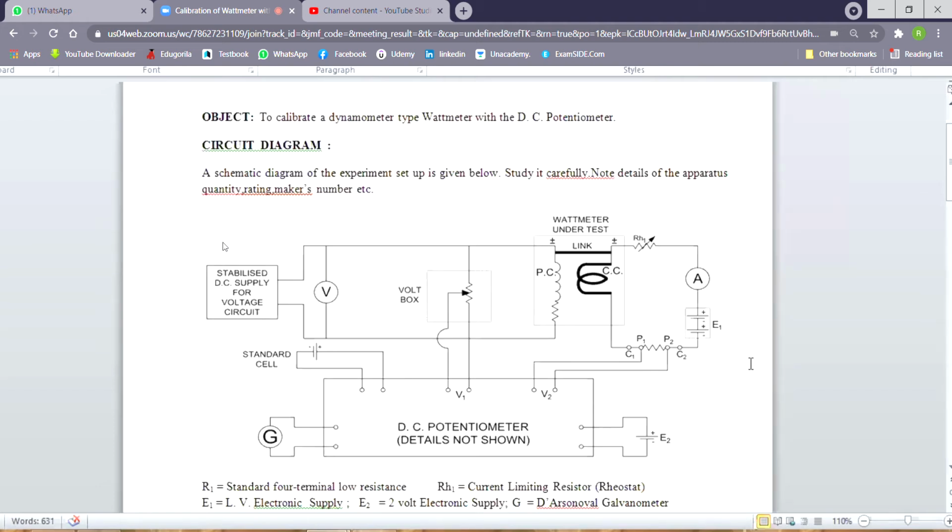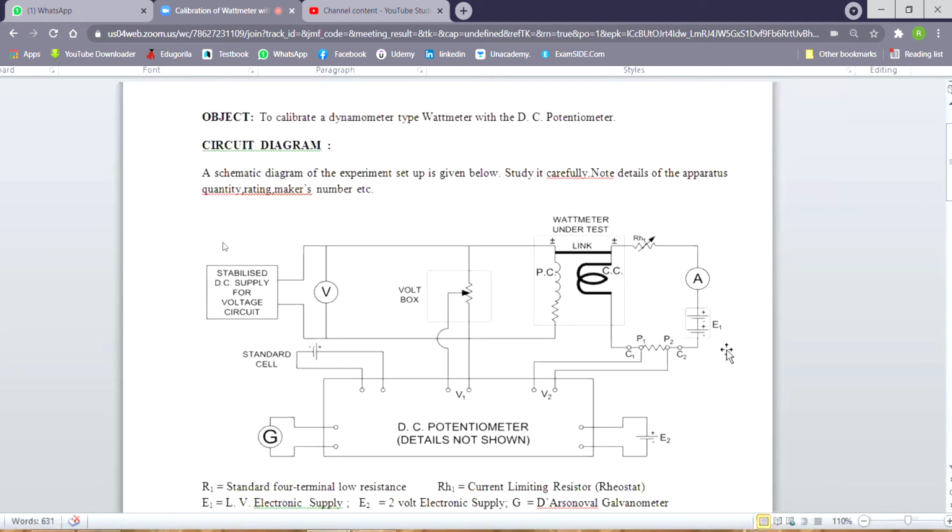It does not know. So what does wattmeter do? Wattmeter simply multiplies the pressure coil voltage with the current coil current. Okay, so that reading will be observed in the dial pointer arrangement. So pressure coil voltage into current coil current, that will be there. Now what we do here, the pressure coil voltage will be supplied separately by a voltage source that can feed 100 volt, and the current coil will be supplied by a low voltage source. The low voltage will be around 2 volt, 3 volt, not more than 5 volt.